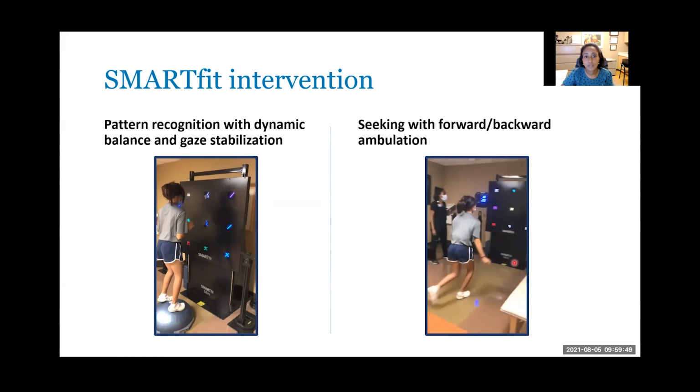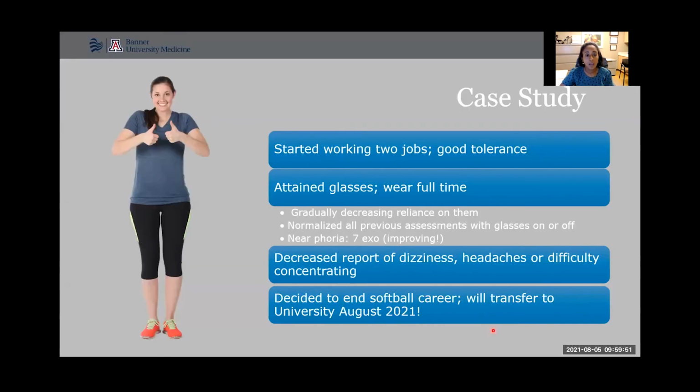So she did that quite a few times there. All right, so we are still working together. We're in our, gosh, I want to say 9th week together. Since we started, she has begun to work 2 jobs. She is having good tolerance with working those 2 jobs, which she initially could never have thought of doing when